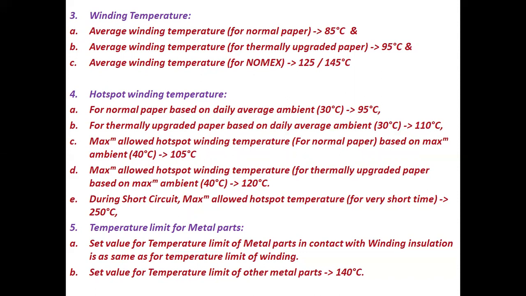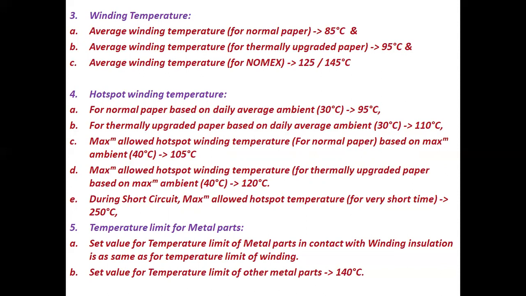B, hotspot winding temperature. For normal paper, based on daily average ambient 30 degrees centigrade, 95 degrees centigrade. For thermally upgraded paper, based on daily average ambient 30 degrees centigrade, up to 110 degrees centigrade. Number C,